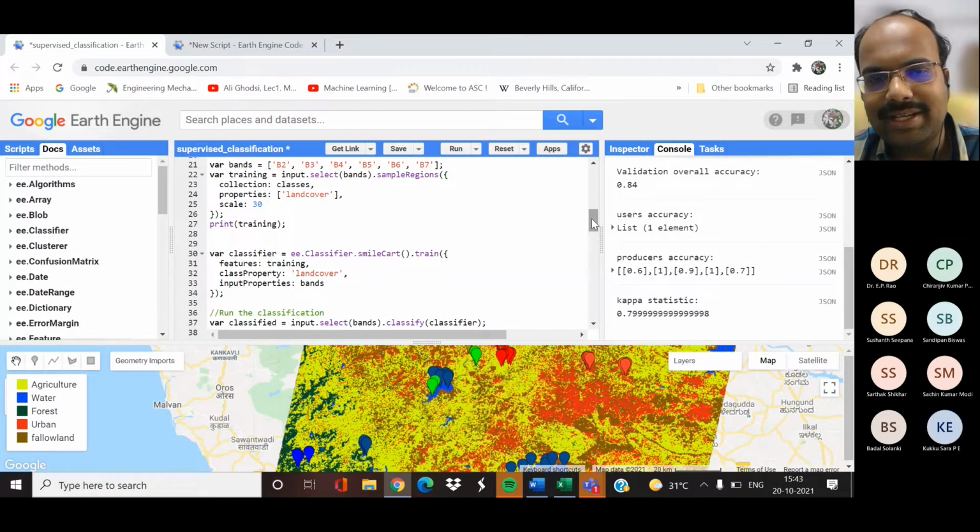Here we are first doing a visual interpretation, seeing a satellite image, identifying what feature is there, and using that visual interpretation as an input to the supervised classifier. So this is not in a true sense a supervised classification. Maybe you can call it a combination of visual interpretation plus supervised classification.